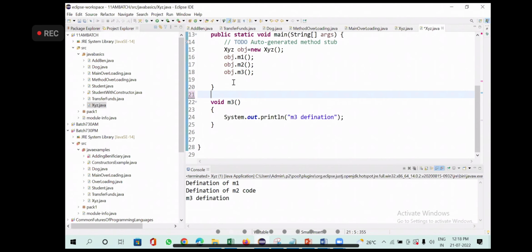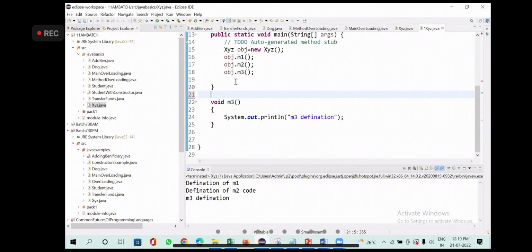What do you have in the abstract class? Two methods. One is method 1, which is an abstract method. Another one is method 2, which is a non-abstract method. So method 1 will be available to XYZ class. Method 2 also will be available for XYZ class. When I say method 1 will be available to subclass XYZ, method 1 is already an abstract method. So XYZ also will have one abstract method.